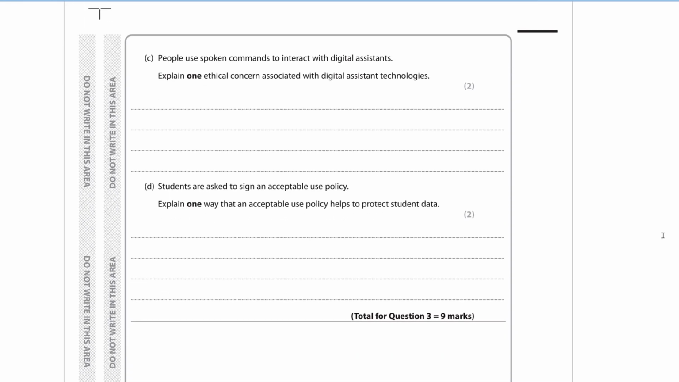Okay, and now part C: people use spoken commands to interact with digital assistants, things like Siri and Alexa. Explain one ethical concern associated with digital assistant technologies. What ethics are about is what we think is right or wrong, not always about laws, it's more about individual people. Well, I would say a big issue with these digital assistants is privacy. The idea that,